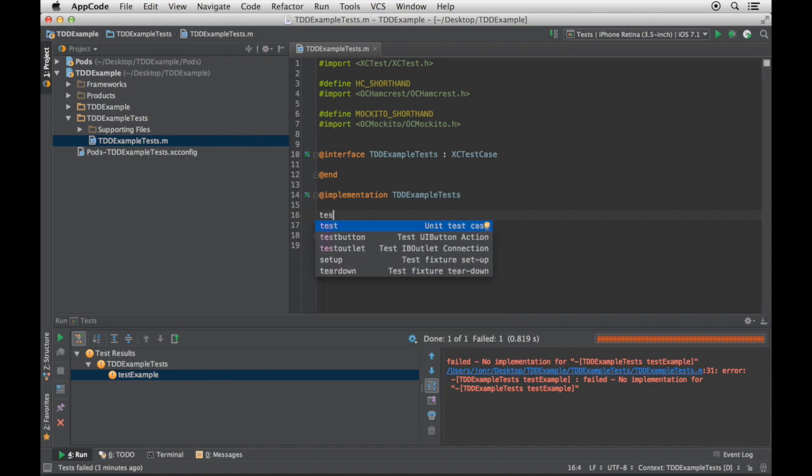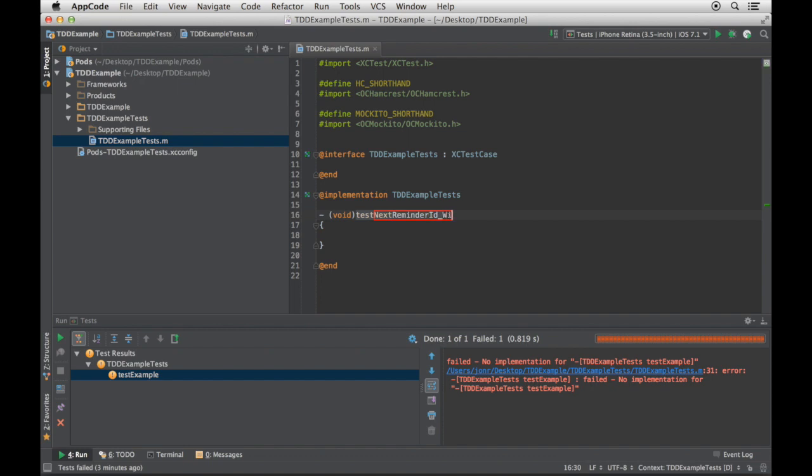So let's start with, well, you see I've got various live templates to help me write different kinds of tests, including the ones for testing outlets and buttons, but I'm just going to start here. Next, reminder ID with no current reminder ID in user defaults should return 0.